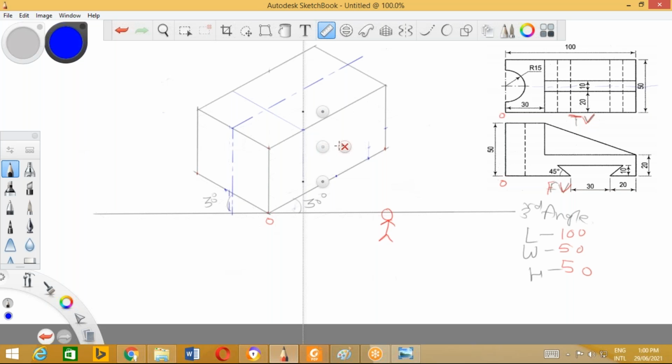I'm just locating the points and drawing the lines which are visible in that particular view. This line is visible in top view, this line is visible in front view. Getting me? Now I have marked some of the points. Now these two lines need to be marked over here.